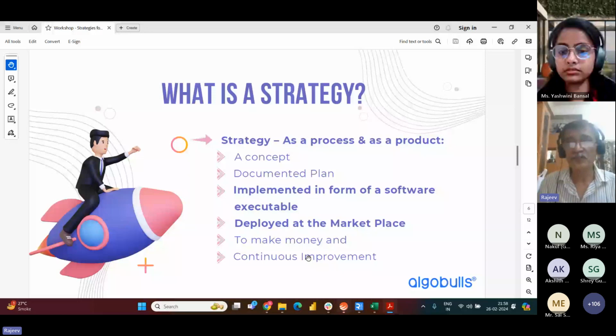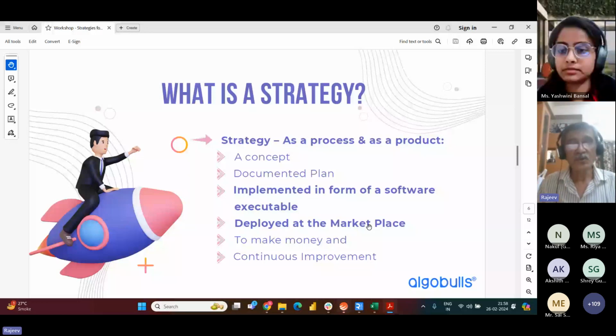marketplace. What is meant by marketplace? You deploy that strategy at a place like AlgoBulls, for example. AlgoBulls executes your strategy day in and day out and seamlessly executes those trades for you in your trading account without you even knowing about it. You can look at your trading account, see what positions have been taken, or you can look at the logs that are provided by AlgoBulls and get to know what trades are taken, how they are doing, etc. But you need not be there. You can finally look at the end of the day how it has fared.